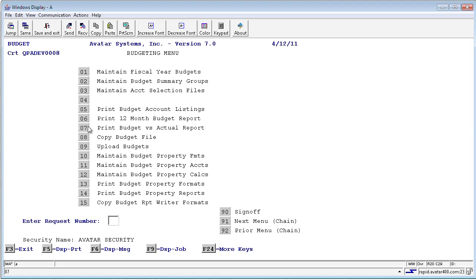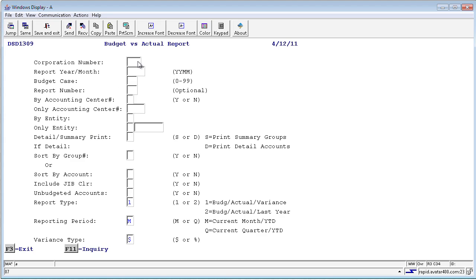Let's run the report and see what the report looks like. This is just a one-line summary report that pulls the actual and the budgets for those accounts that we set up in option 1. I'm going to run it by entity, just a brief summary. I'm not going to pull any detail, and I don't want to include the clearing entries. So when I press enter,